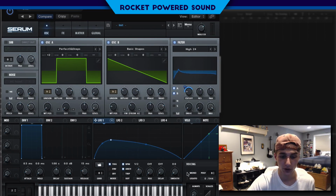And then for the voicing, we're going to put on mono and then legato, and we're going to put up the portamento. That way we can actually have a little bit of pitch bend in the sound, and that's what